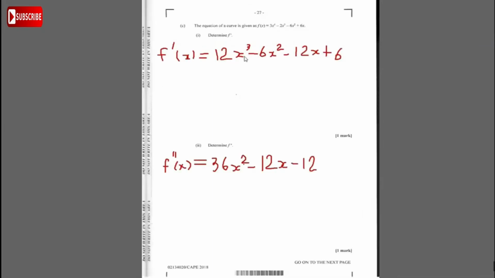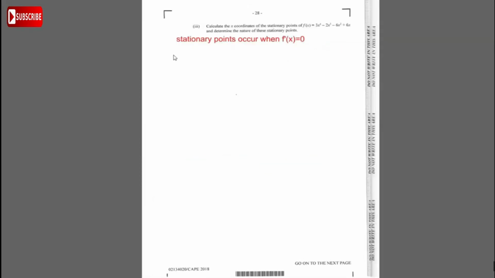Nice. It says calculate the x coordinates of the stationary points. So you have to remember stationary points occur when f prime of x, or some people would say dy by dx, equals 0. So it occurs when f prime, please look at this, see that it is f prime of x. f prime of x we found is 12x cubed minus 6x squared. Let's write it down. So we're going to be solving